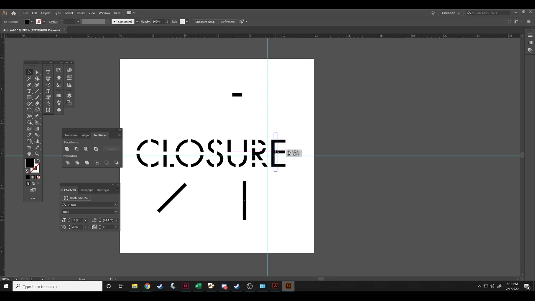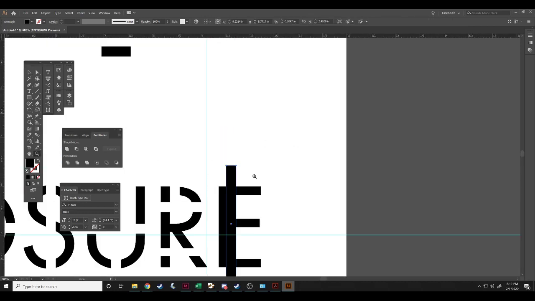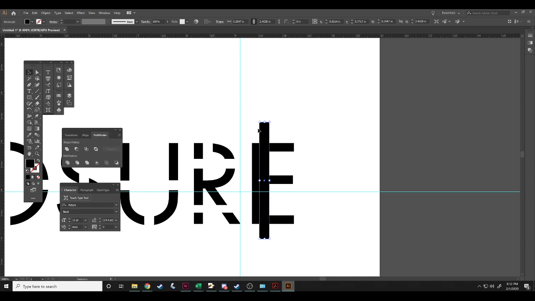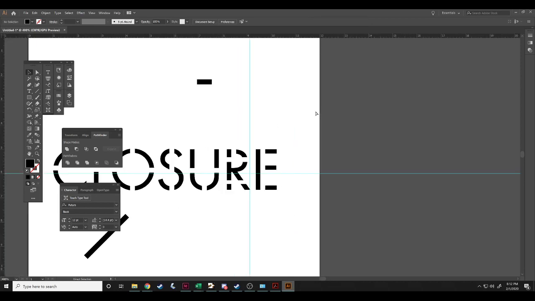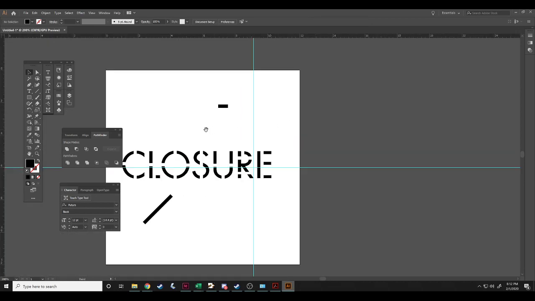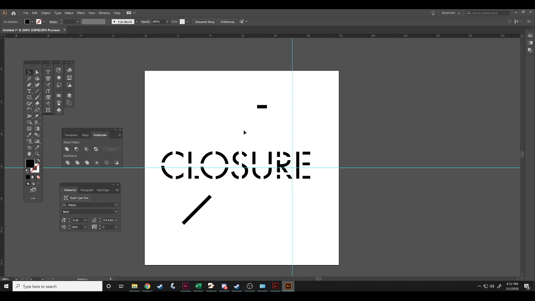It's locking to my grid, so it's being kind of a pain, but otherwise, all right. Let me take that chunk off. There we go. Actually, the E looks pretty good by itself, so that theoretically